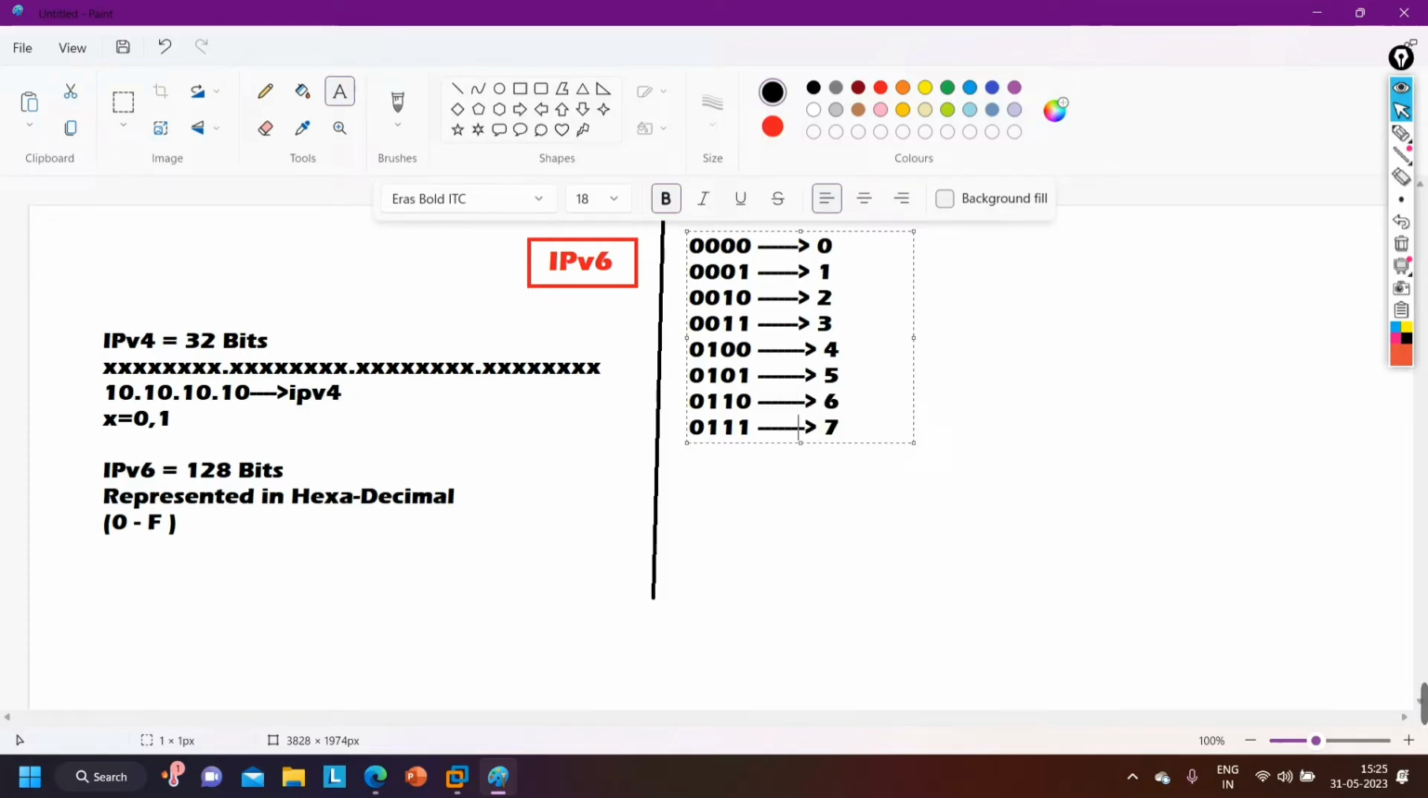7 in hexadecimal. If my binary is 1 0 0 0, then the hexadecimal character is what? The hexadecimal character is 8. If my binary is 1 0 0 1, then my hexadecimal character is 9. If binary is 1 0 1 0, then my hexadecimal character is